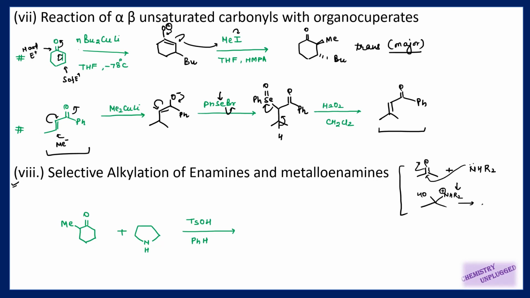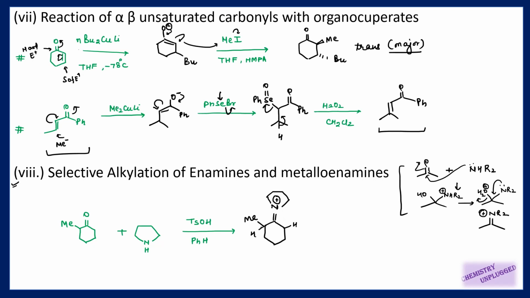You will get this intermediate, then there is shifting of proton, right? You will get this product, then this nitrogen will give its lone pair of electrons and water will be removed, so I will get an enamine here. In this case I am using a ketone and a secondary amine, so it will give me this preferentially. So first I will form the enamine in this form only, right? Then I will tell you what type of enolate will be formed in major amount.